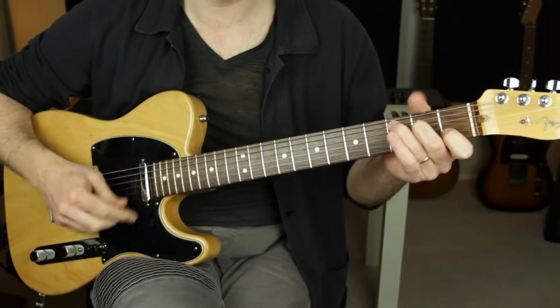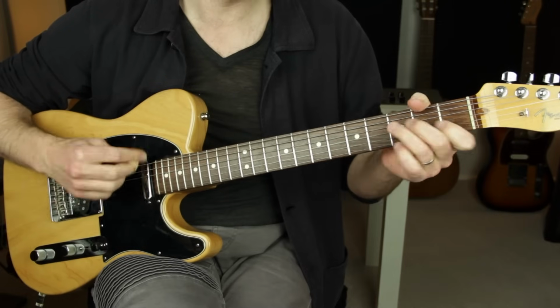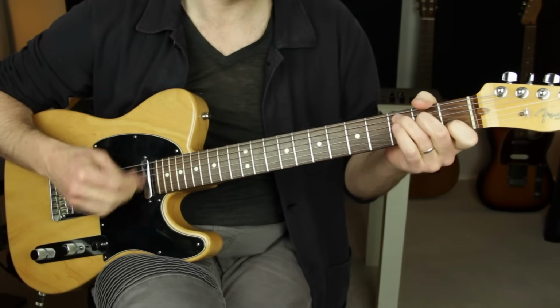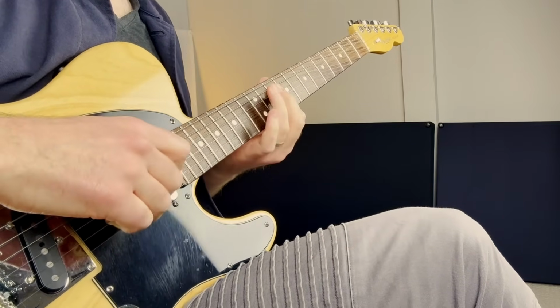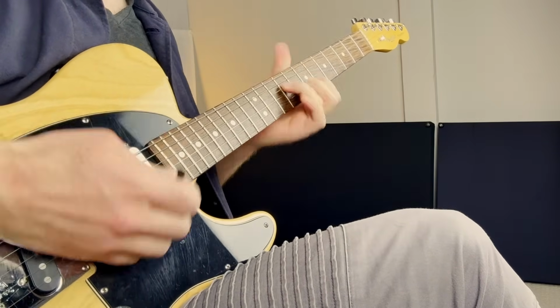If I was playing with someone and they had a song and the chords went like this, and I wanted to add something to that where I was playing the same chords, different voicings of them, maybe higher up on the neck, and keep them kind of tight and close together, I might play this. What I'm doing is I'm taking the chords and finding the closest possible voicing of each chord on these 3